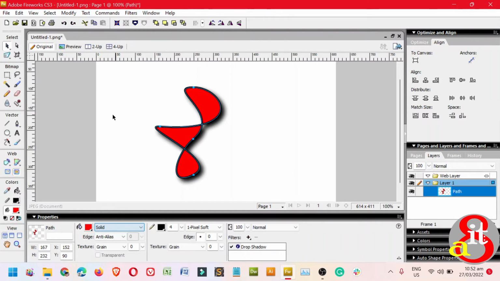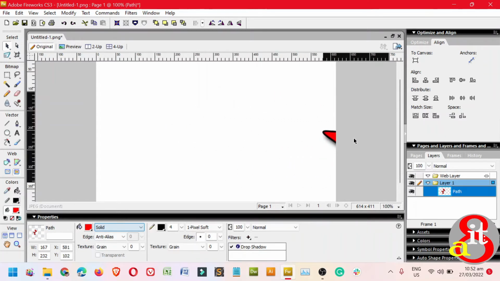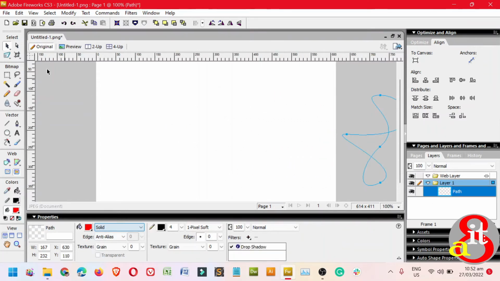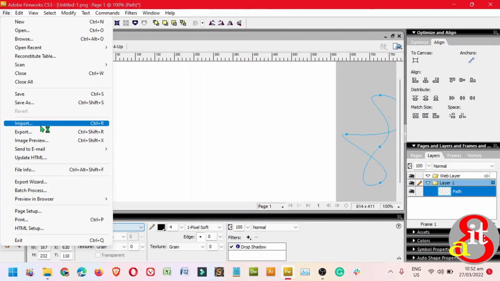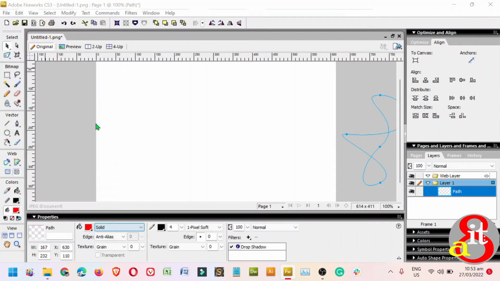So this is not a picture, this is an object within the application. We can also use objects from outside the application, which means we can import or place a picture on the canvas. Okay, so let's remove this one and put it outside the canvas. Next we need to import the specific picture first by clicking import. From the File drop-down menu, click or select import, or press Ctrl R. Okay, so import,